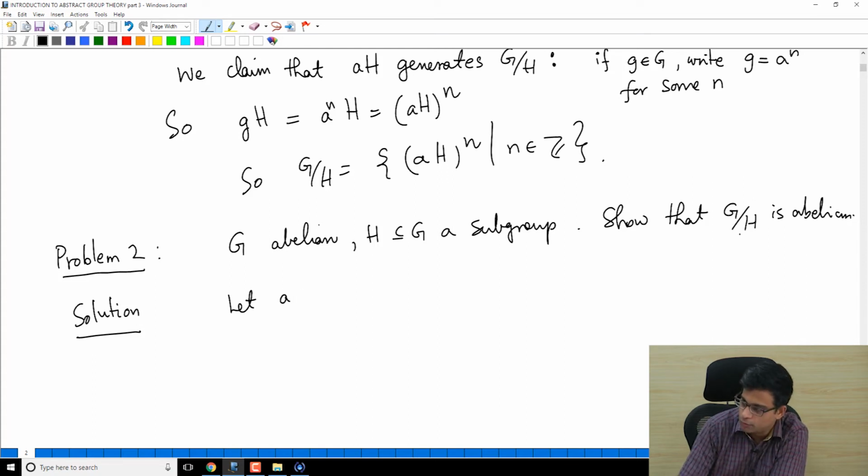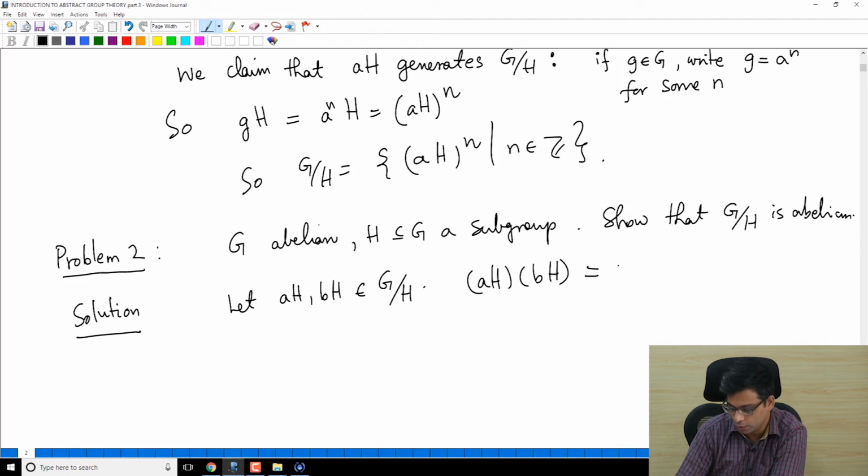In this case, the group we are interested in showing is abelian is G mod H. So let's take two arbitrary elements, aH and bH. These are two left cosets. What is aH times bH? By definition of the group operation on the quotient group, this is abH. But ab is equal to ba because your group is abelian, and this is same as